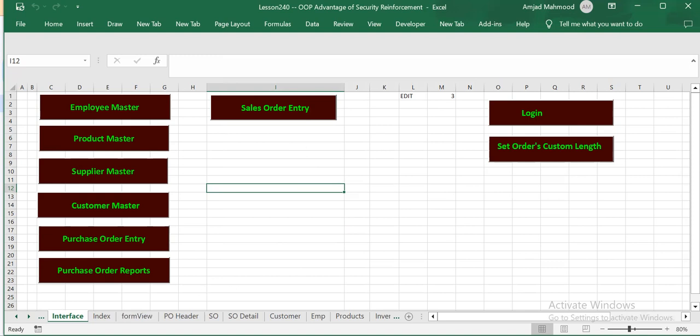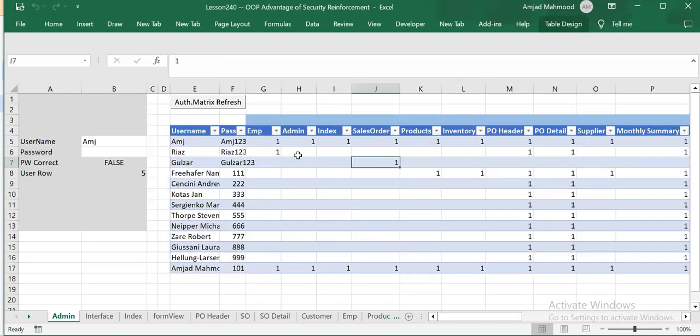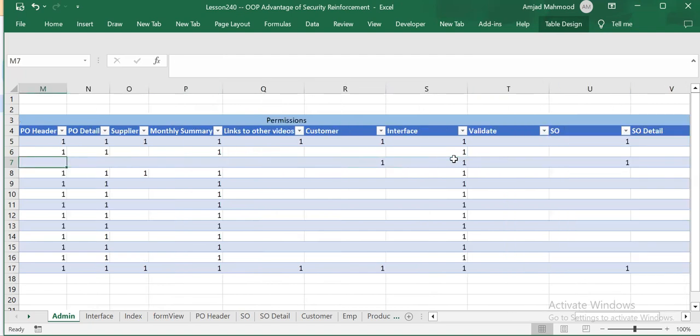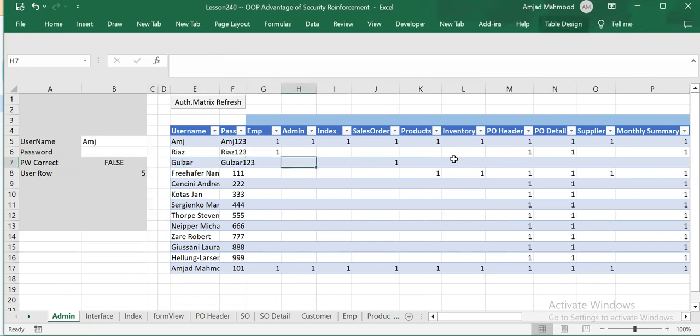Later on, you can use the authorization matrix to allow all the required things, like SO and SO detail, for example. These should be given to the person who is doing the sale order things. That's right. Okay, so this is how it is done, and this was just to show